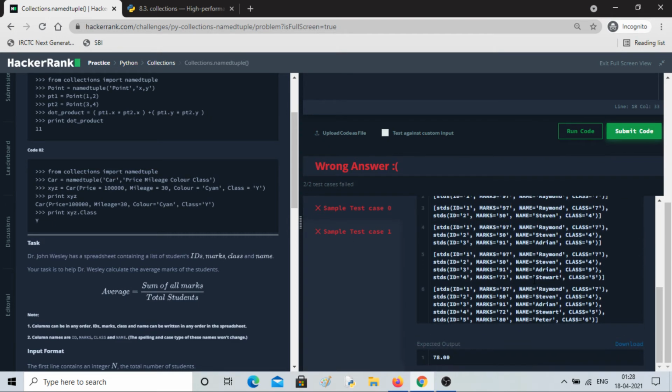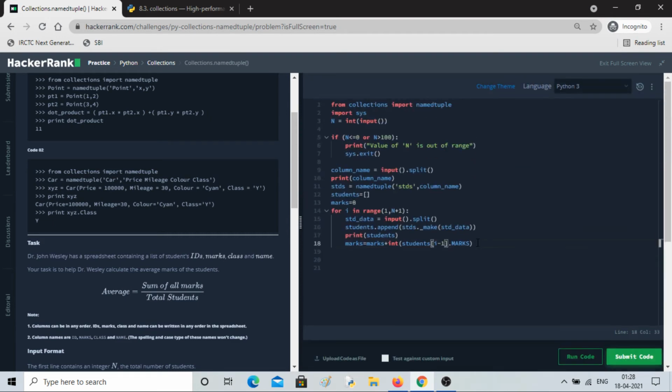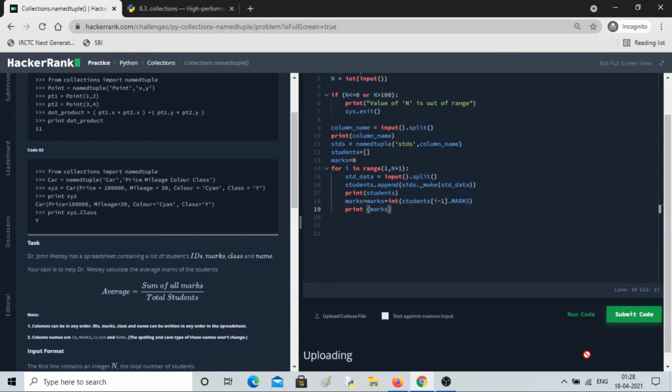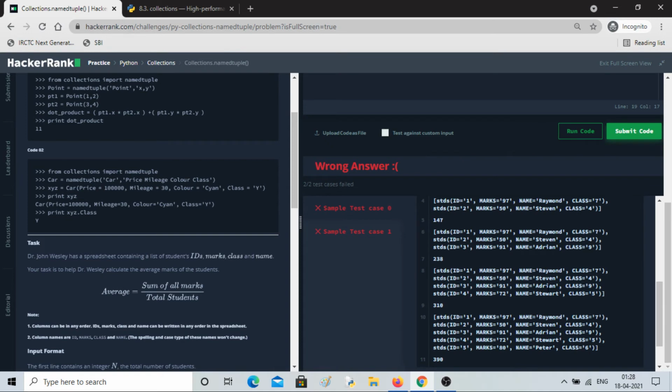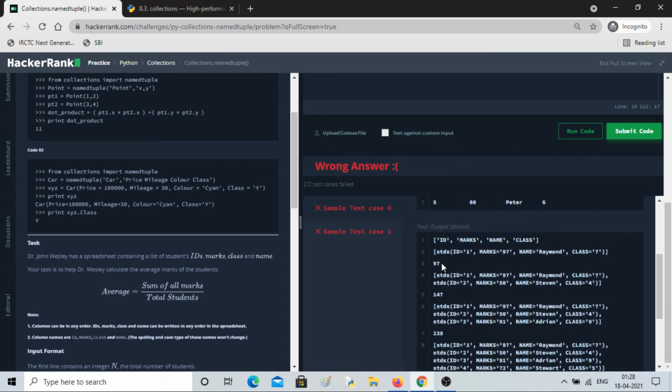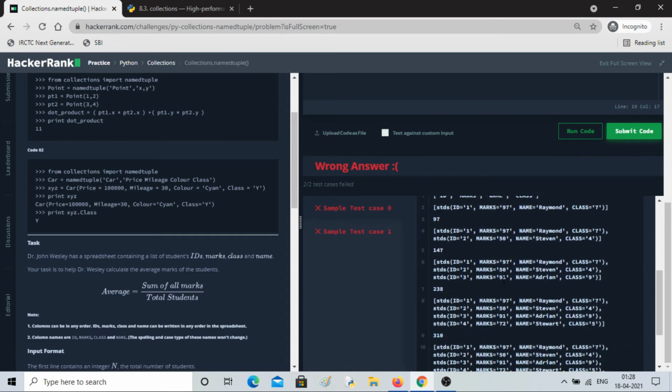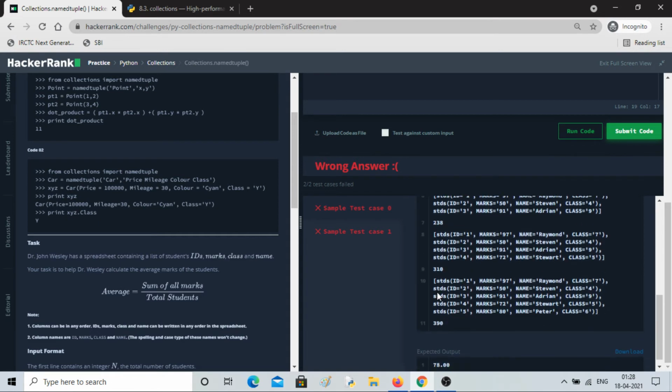Okay, so we have not printed it. Print marks. So you can see 97, then 97 plus 50 is 147, then plus 91 is 238.